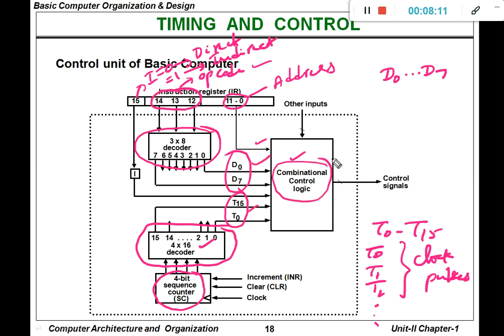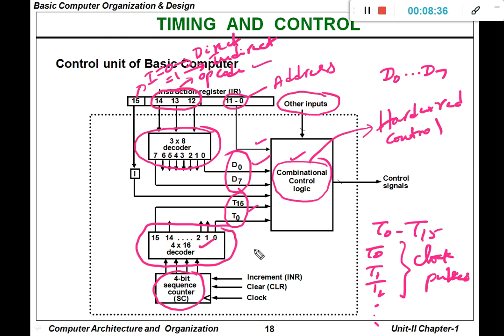This is actually called the hardwired control. In this hardwired control, we are going to use several sequential and combinational circuits to provide the control mechanism. In addition to these inputs, we may provide some other inputs also according to the necessity.